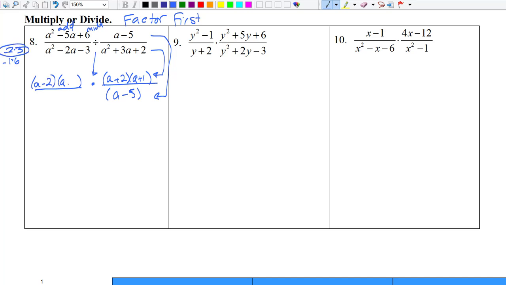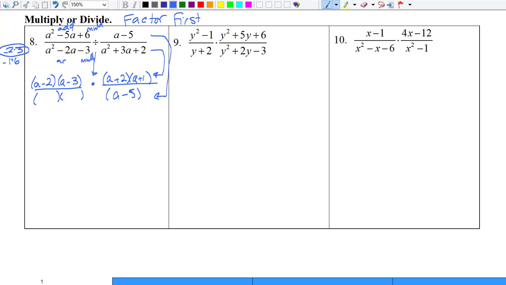So a minus 2, a minus 3. Negative 2 plus negative 3 is negative 5. Negative 2 times negative 3 is a positive 6. So the 2 and the 3 work. The 6 and the 1 wouldn't because it would make negative 7, not negative 5. Okay, so the next one, I'm looking for two numbers that multiply